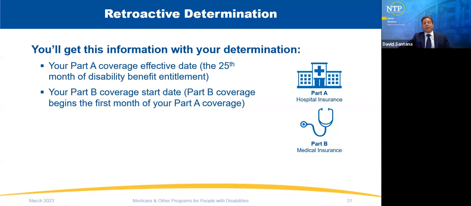If it will be more than 5 months retroactive, instead of putting Part B retroactive to Part A, Social Security enrolls the individual with an effective date for Part B the month they make the determination,